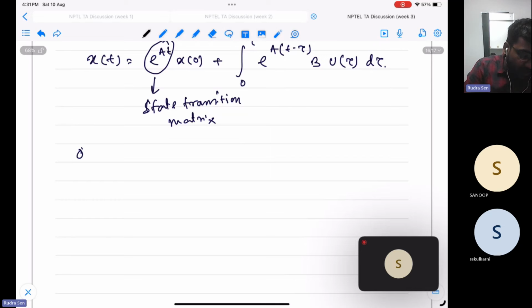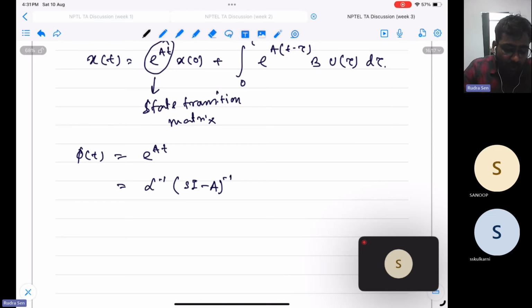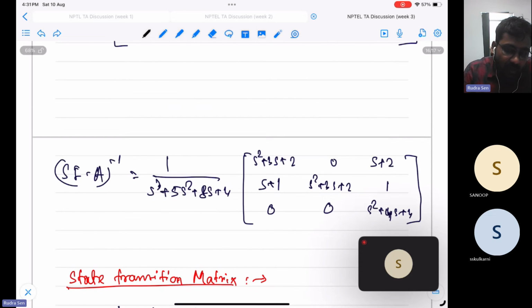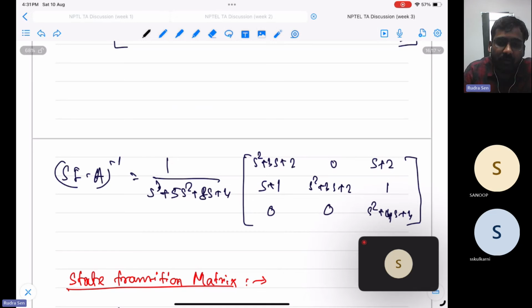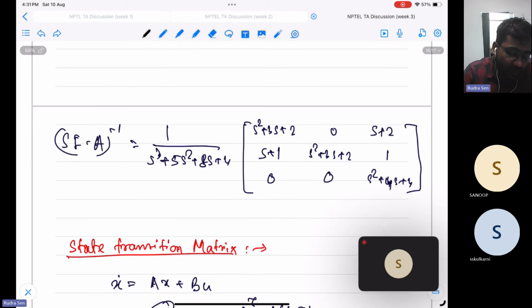So the state transition matrix, sometimes it is written as A in books, sometimes you can see it as phi of t or e to the power At, whatever it is. So this is basically the Laplace inverse of (sI minus A) inverse. Whatever (sI minus A) inverse you have found out, you just take the Laplace inverse of this. So what you have to do, you just multiply this term to every element, and then do the Laplace inverse. If you know how to do the Laplace inverse, you can find out the state